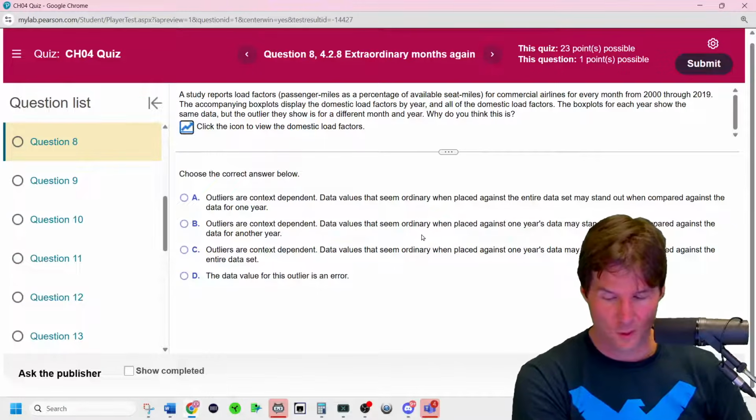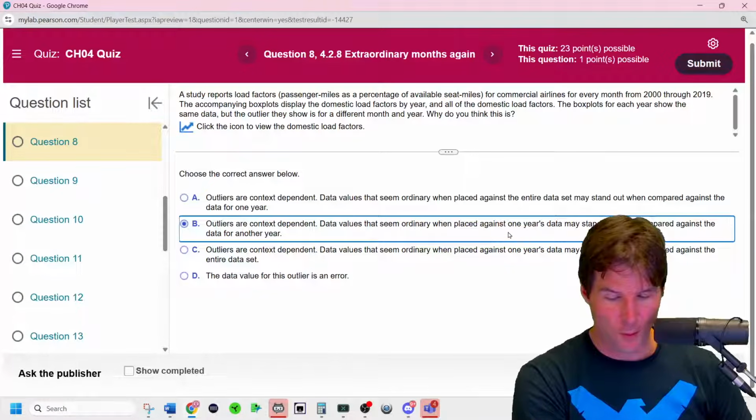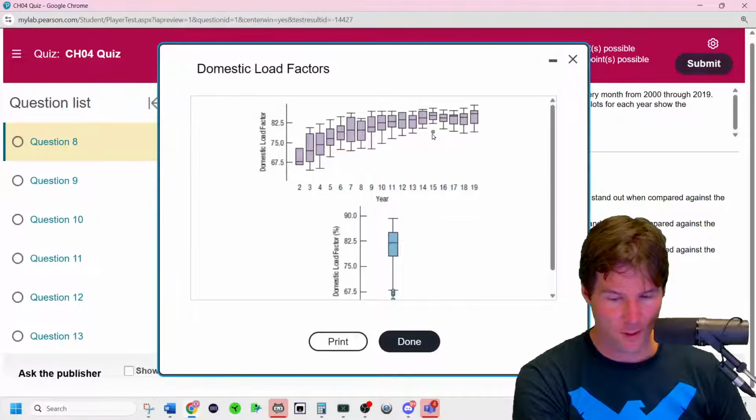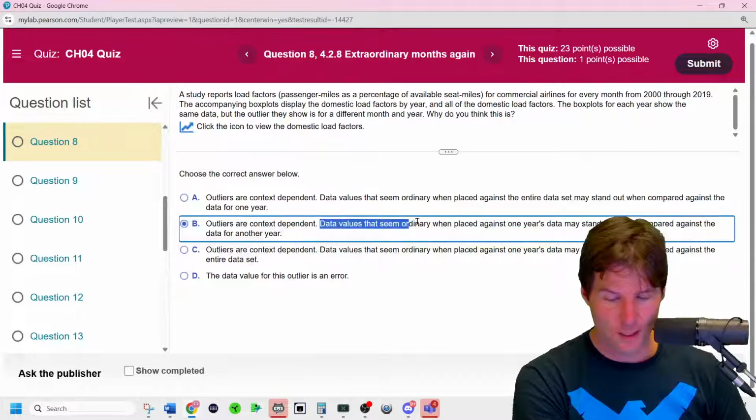Okay, I think it's this one. Data values that may seem ordinary when placed against 1 year's data may stand out. And what they're talking specifically about is that one. That seems ordinary. Look, you see it's around 80. It seems ordinary down here in the full data set. So that value may seem ordinary when placed against